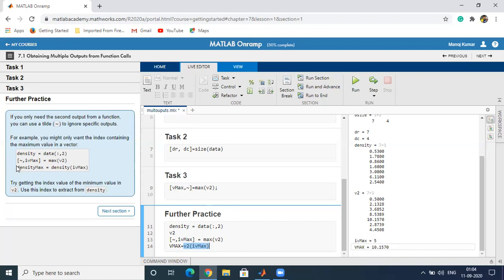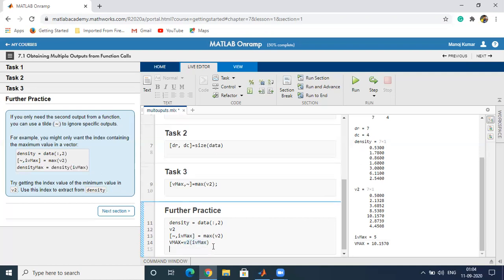The next command is density max equal to density IV max. Let's copy and paste here. Now you can see the index IV max is fifth. So what will it do? Density at the fifth place. So density at the fifth place is 3. So the density max will be 3.